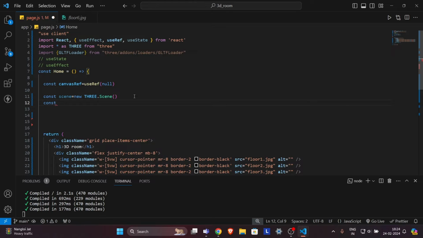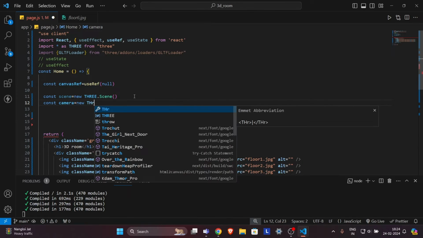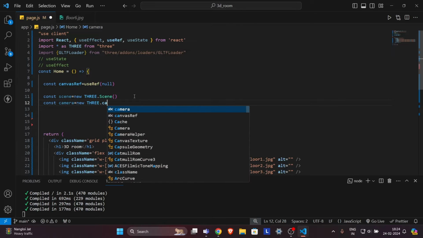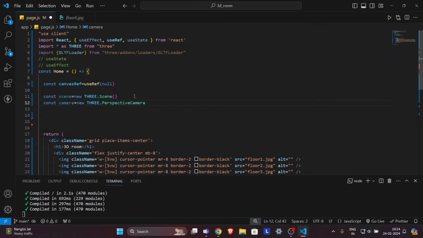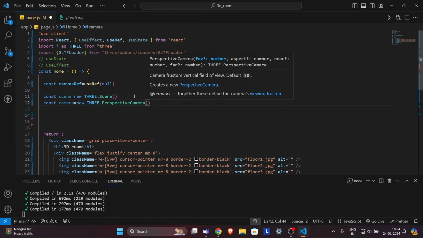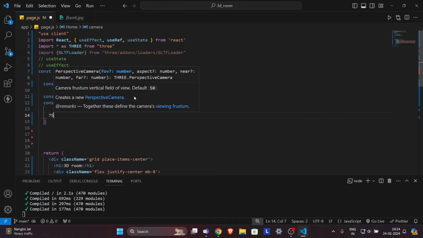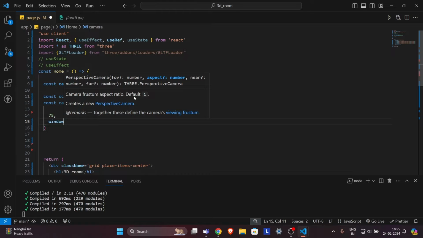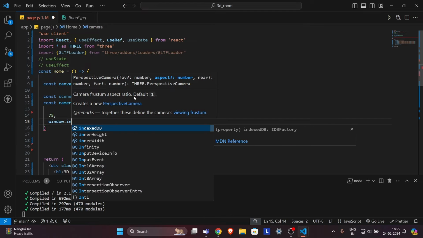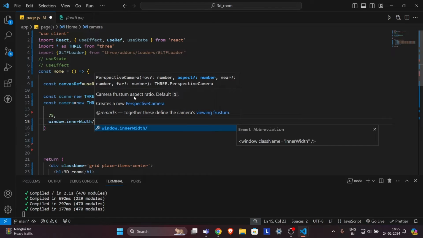Now you have to create a camera as well. So I will write over here camera is equal to new THREE dot PerspectiveCamera. Okay, PerspectiveCamera, and it will take some values. First of all, this 75, and then it will take a size. So I will give the size of our window. So let's write window dot innerWidth and divide by its